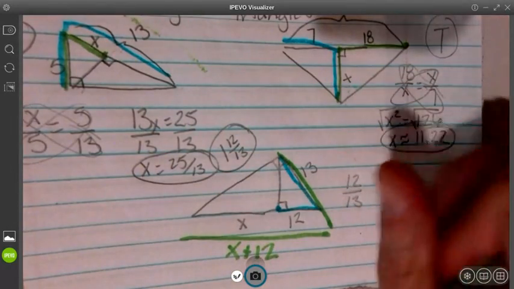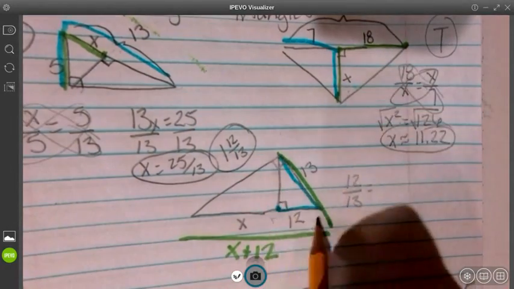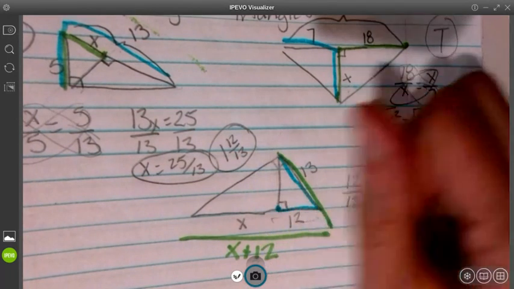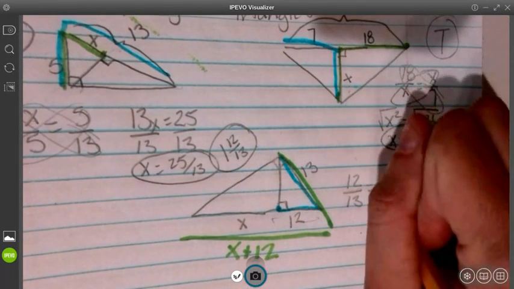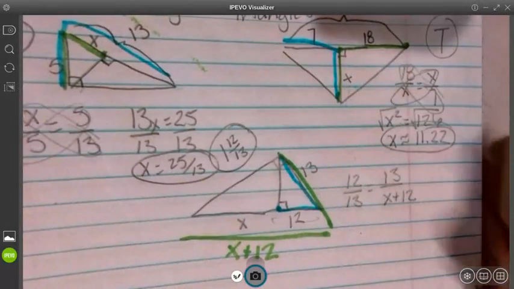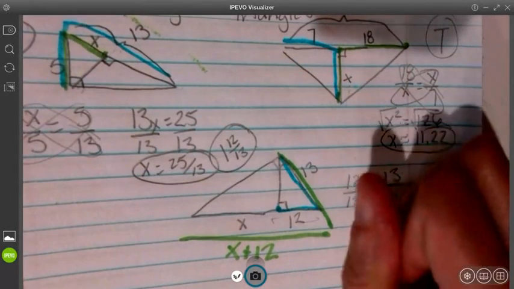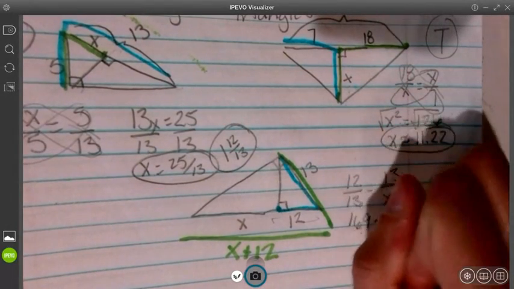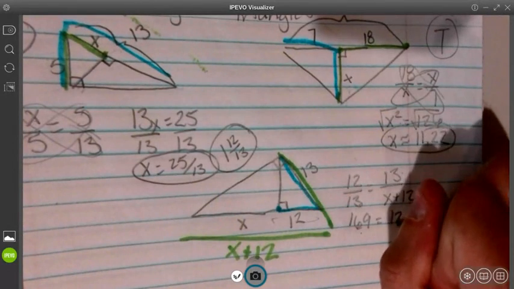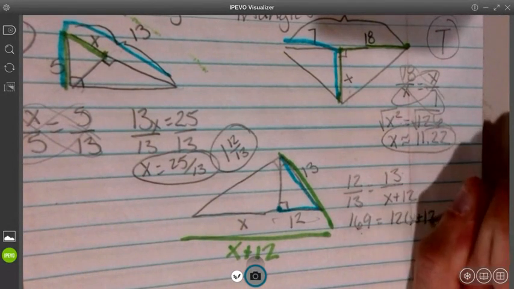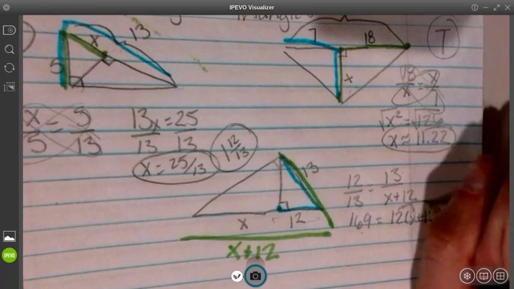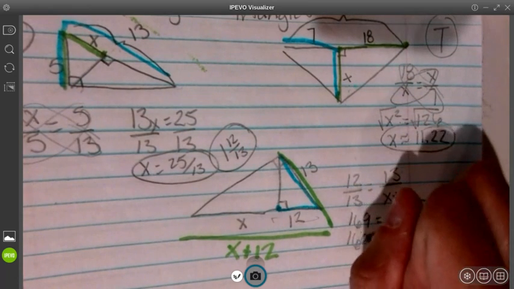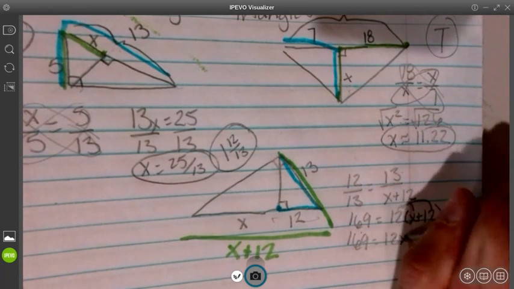All right, so I have 12 over 13 from my blue. Now coming back down, I have 13 is to X plus 12. So 13 times 13 gives me 169. And then I have 12 times X plus 12, and I'm going to have to distribute there. So 169 would equal 12X plus